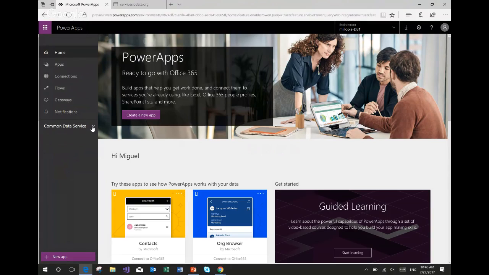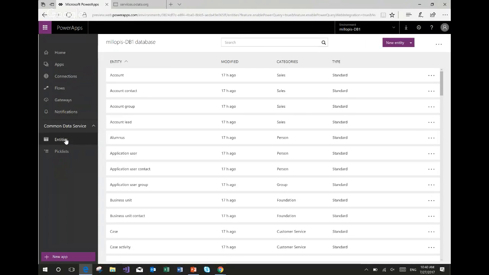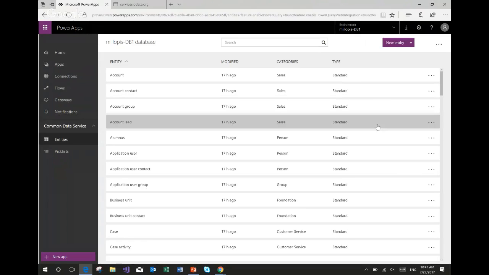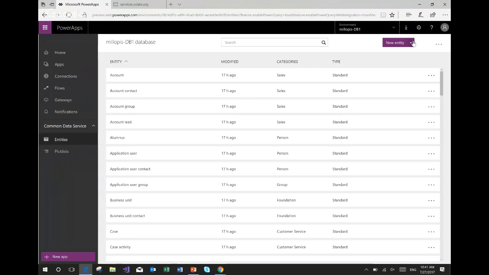But within this experience, I'm going into the Common Data Service group in the navigation pane, and I'm going to go into the Entities tab. So this is the list of entities that I have in this database. That's my DB1 database. There's a bunch of entities here that are standard. I've not populated any of these yet, but what you probably notice now is that there's this new drop-down menu that says New Entity.